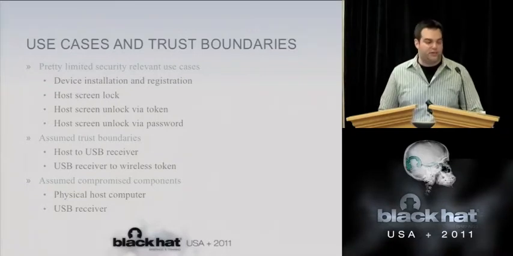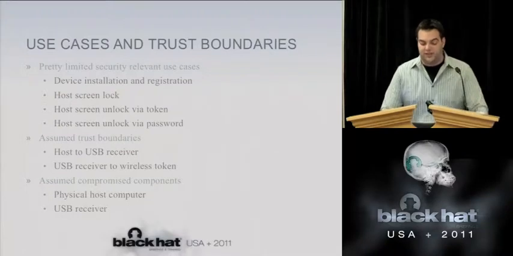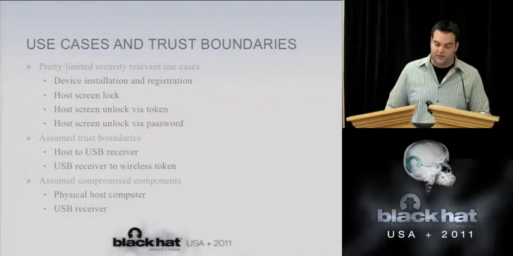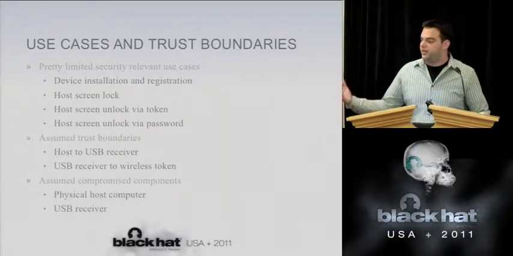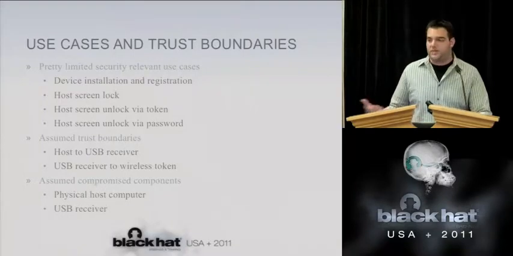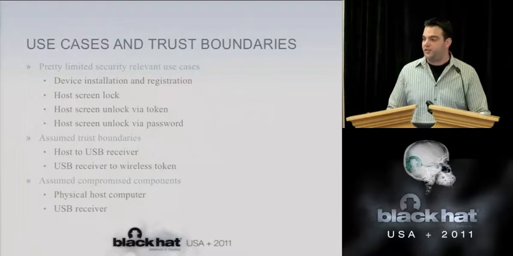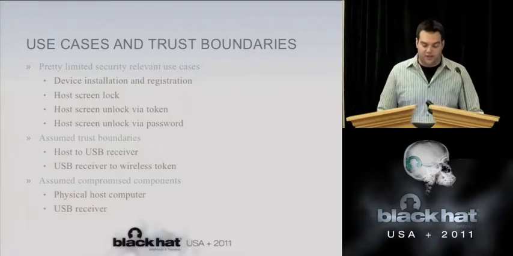The two components that talk to each other are the software running on the host and the USB receiver. So that's the first trust boundary. The second trust boundary is the USB receiver talking to a wireless token. The wireless token is assumed to not be compromised. That's on someone's person. They've left, and now the attack surface really is that USB receiver, that host